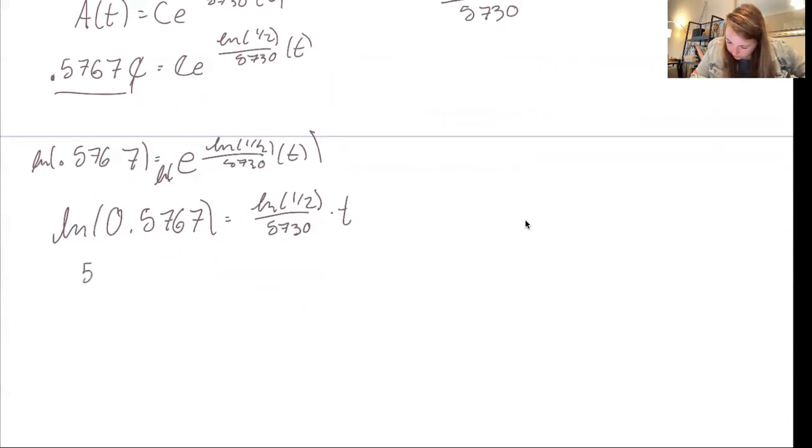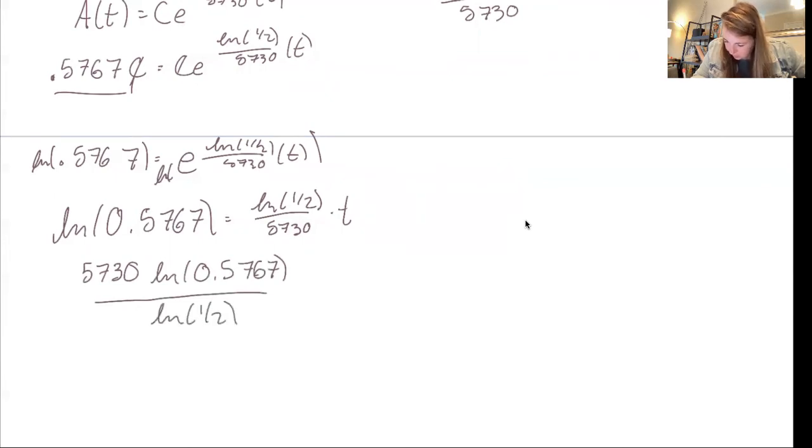So I get T equals 5730 ln of 0.5767 over ln of 1/2. So after plugging that into your calculator, you should see that we will get approximately,